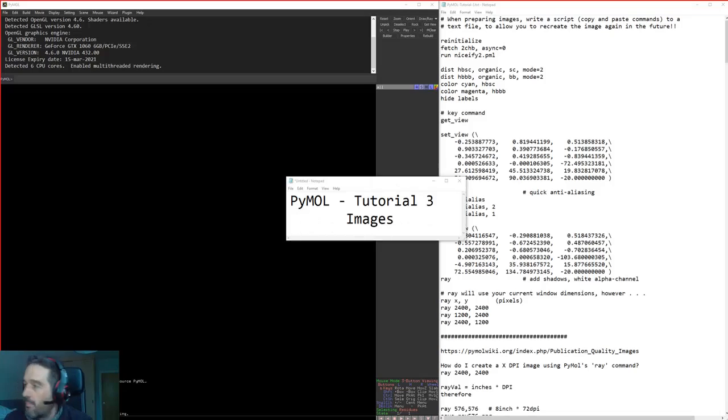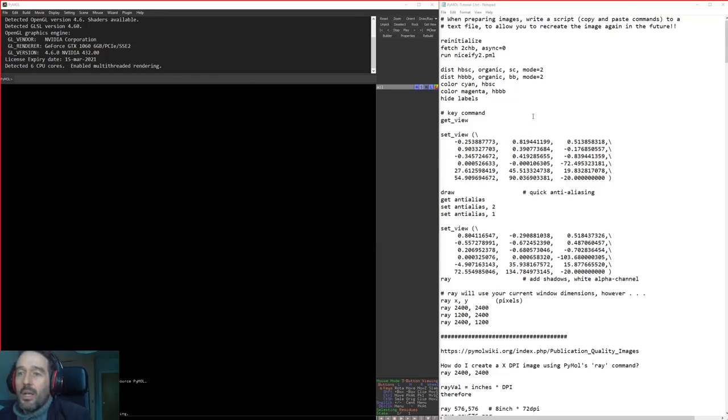This is PyMol tutorial number 3, and we're going to be talking about images and making publication quality images. So the very first thing, if you are going to be making an image for a paper or for a project, for presentations that you've got, a good thing to do is to write down all the commands that you use in order to prepare that image into a text file, which then, as we saw last week, is effectively